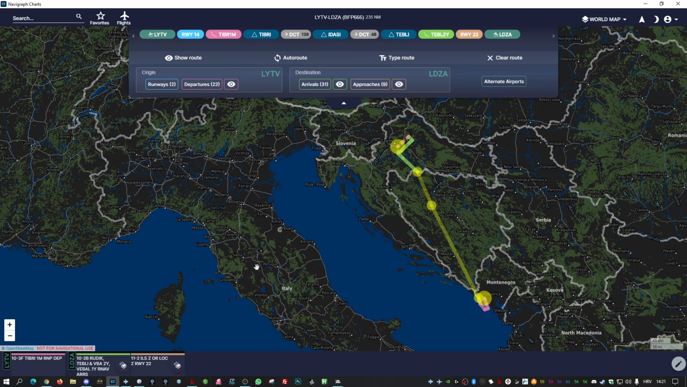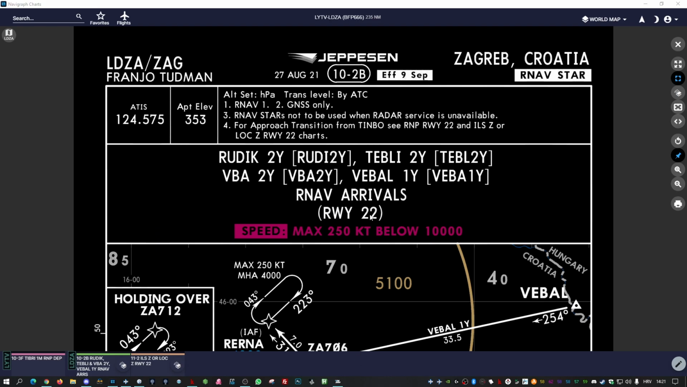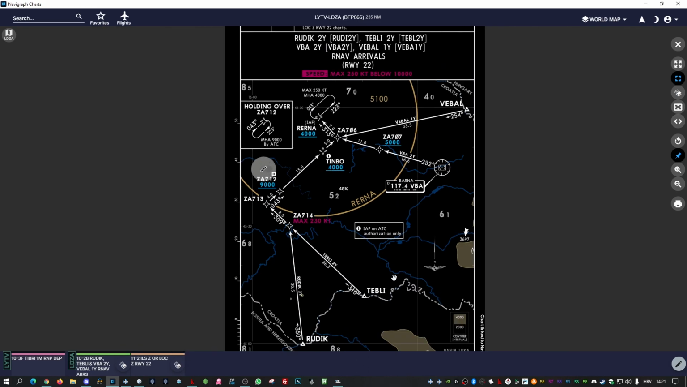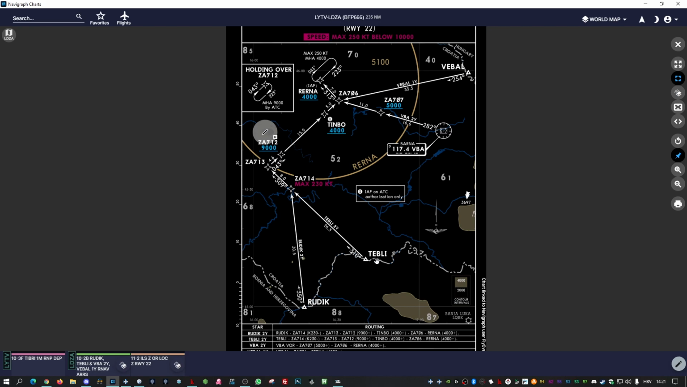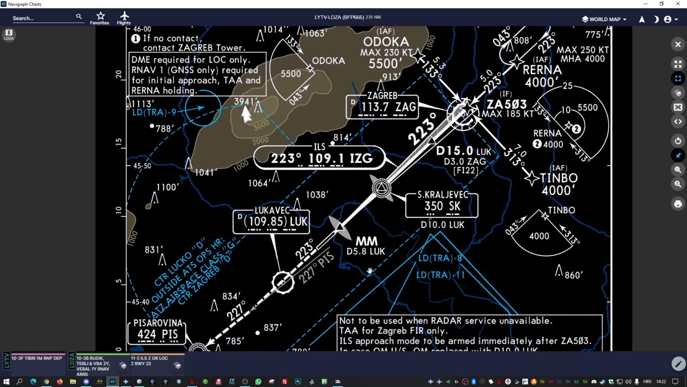And our approach will look something like this. I bring up the chart. You can see we will arrive from here on waypoint Tabli, and then we will fly here, and then we will have a right turn, fly here, and then a left turn until this waypoint, which is called Rerna. And on that waypoint our arrival stops and approach begins. So we're going to turn left again in this direction towards the airport, but that one is shown on another chart,